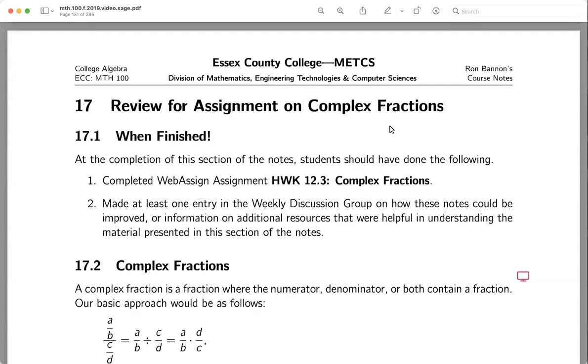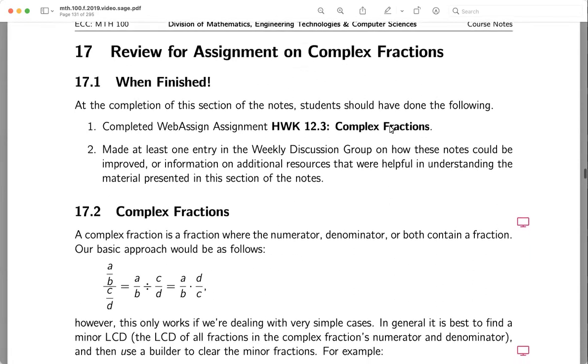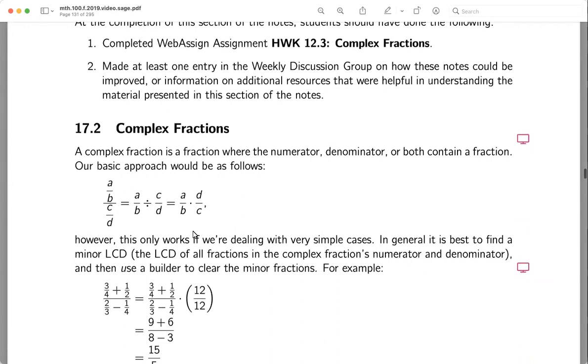Okay, we're in section 17, the section on complex fractions. We're going to be given fractions that contain fractions now. There are many ways to deal with it. However, I want to point out the way we're explaining it to you is the way we'd like you to follow. Certainly, I'll go to the whiteboard, but we'll talk about how to deal with a complex